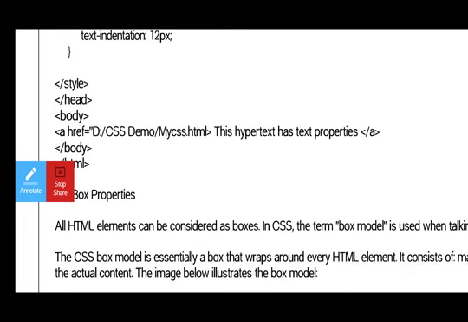After this, we have a link that is my css.html, that is the link for the HTML file, href hyperlink reference. So we are going to use an anchor tag, and by using the anchor tag, we are going to use my css.html. This hypertext has the text properties.